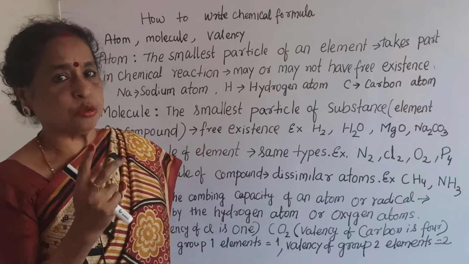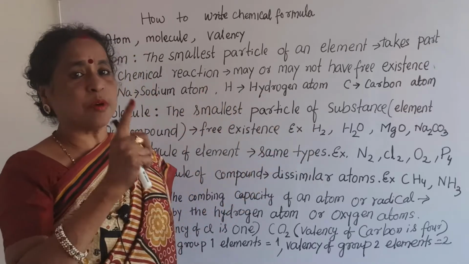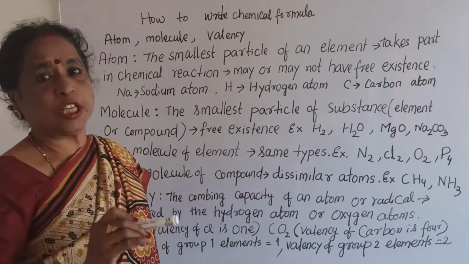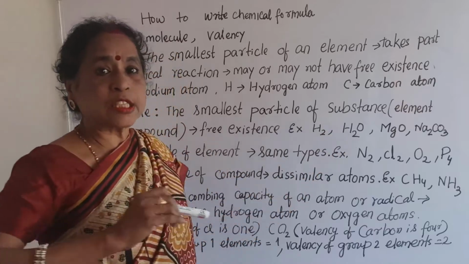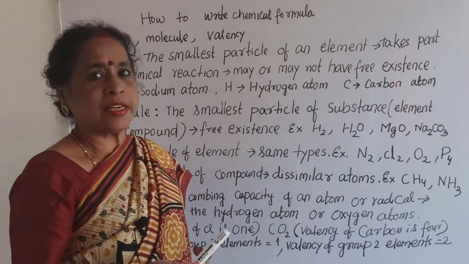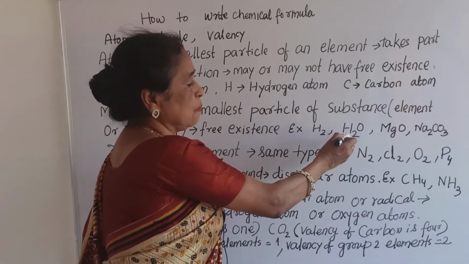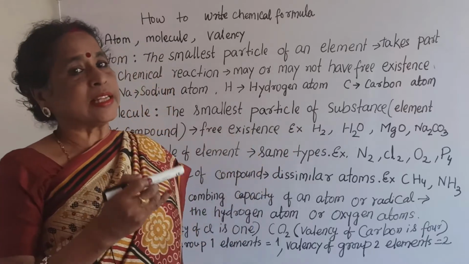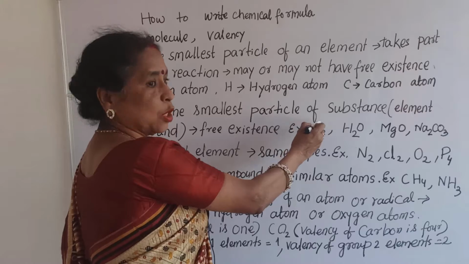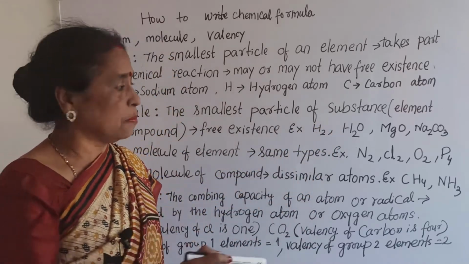H2. What is H2? There are two hydrogen atoms joined and gives H2, that is a molecule, one molecule of hydrogen you can say, or you can say this is hydrogen molecule. H2O. H2O is the one compound. That means here hydrogen present and oxygen also present. So H2O, that is a compound, whereas hydrogen, that is an element. So here H2, that is one molecule of hydrogen, and H2O, one molecule of water, that is compound.